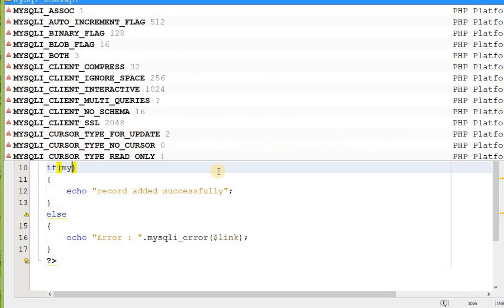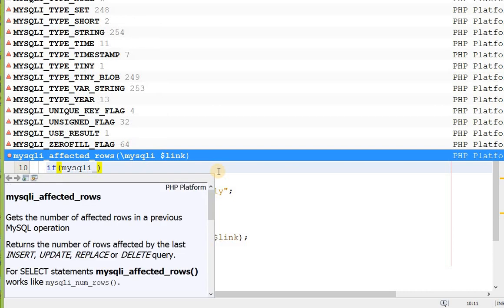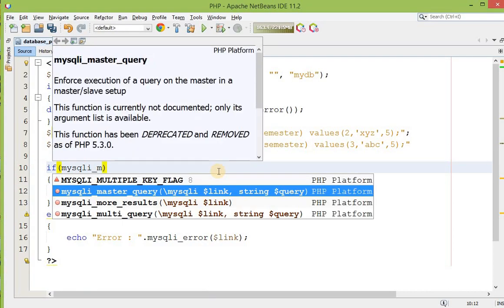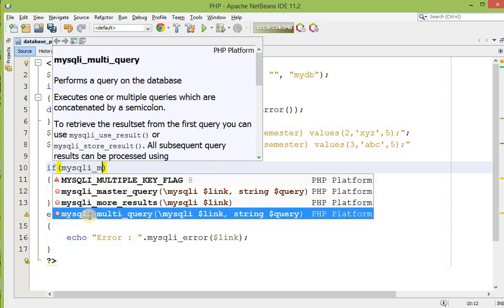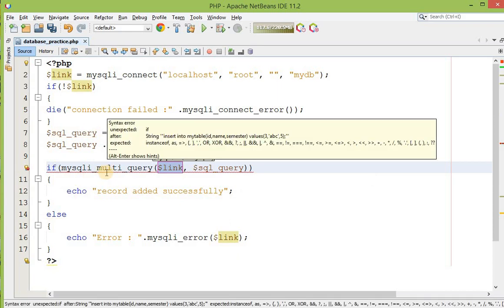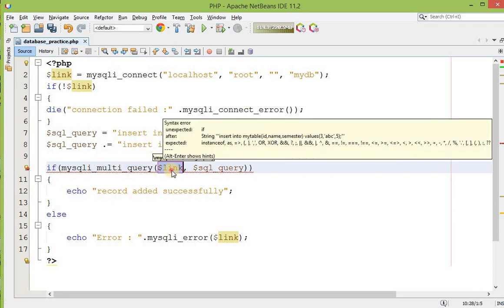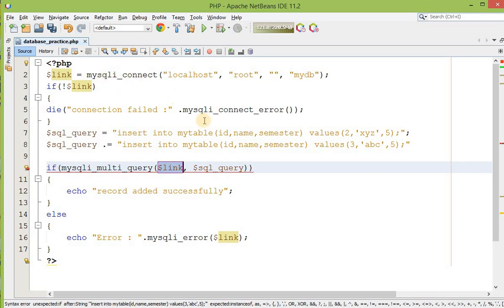Since you are going to execute multiple queries, there is one separate function. Over here you can see this is my mysqli_multi_query. Just like the previous one, but the function name is changed, mysqli_multi_query. That means you are going to execute multiple queries. This is my reference variable of mysqli and this is my query.